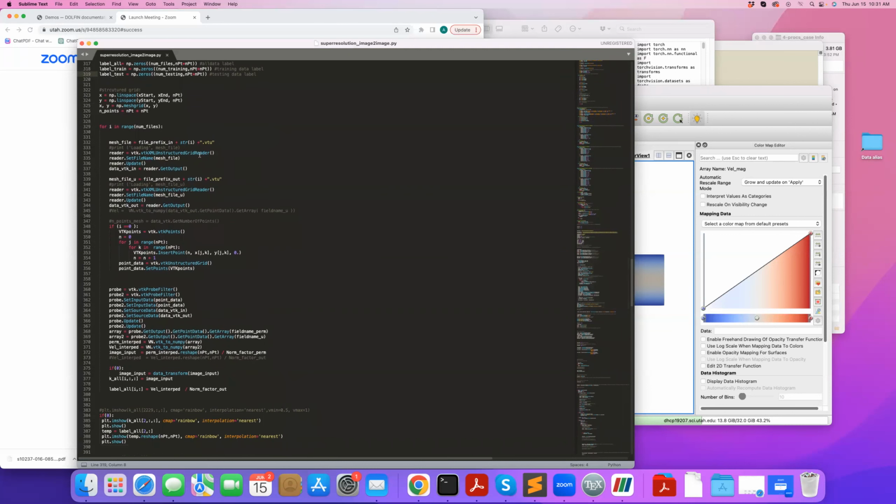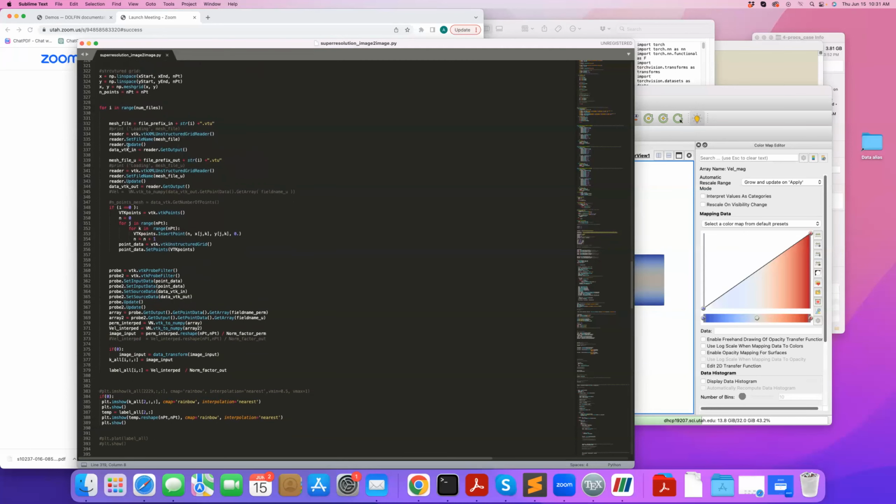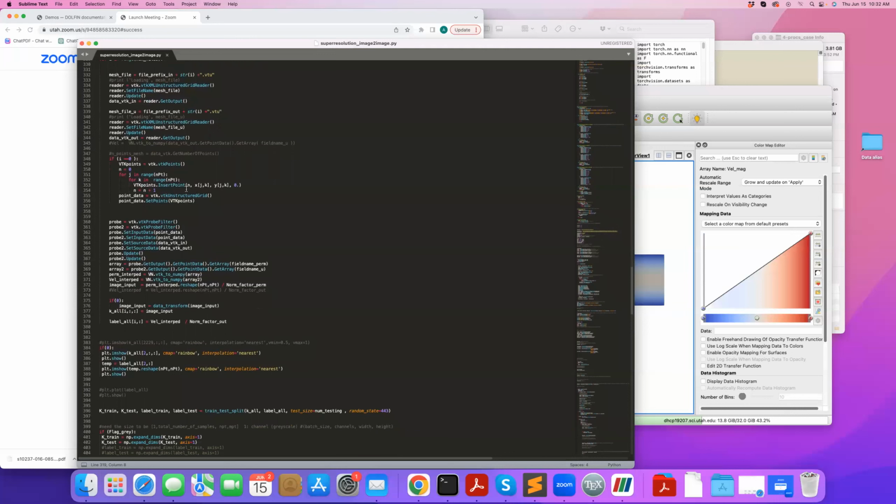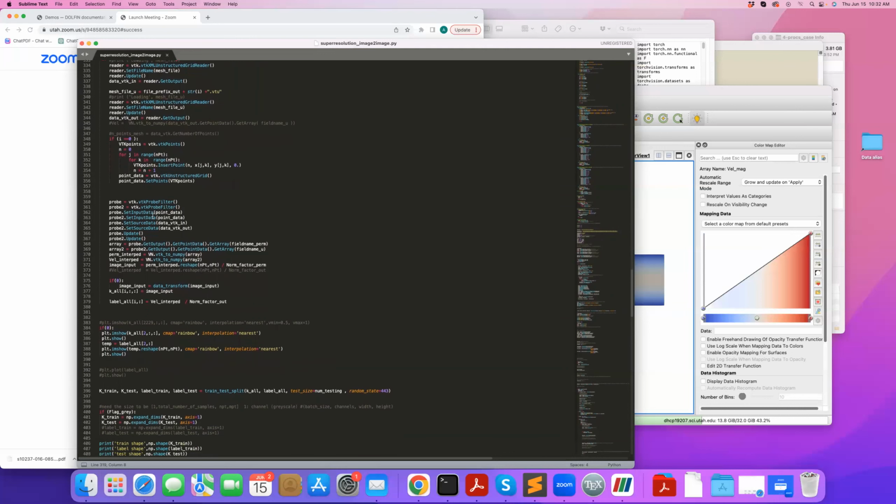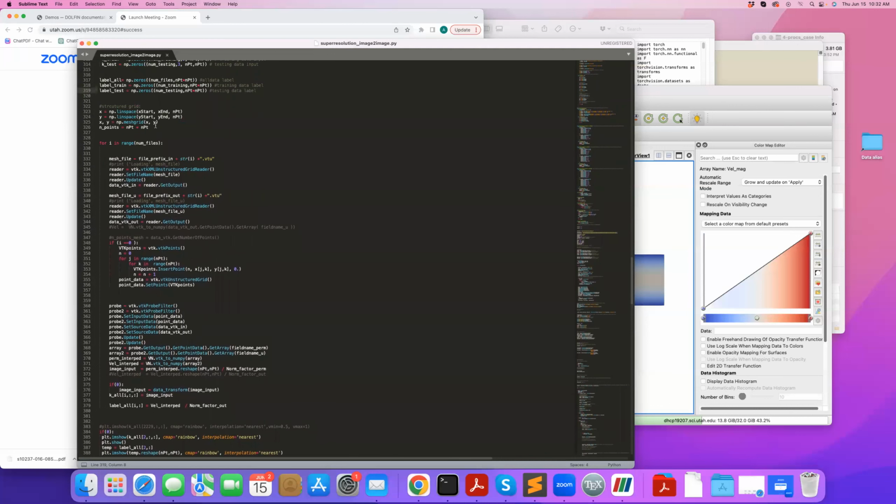I read all my files, my input low fidelity data, my output high fidelity data. I read them using VTK XML unstructured grid reader. I will, in another series, talk about VTK in detail and provide an introduction to that as well. But for now, I'm just using a VTK reader to read my data. I'm setting up the points for interpolation, and I'm probing my data based on this structured grid that I created